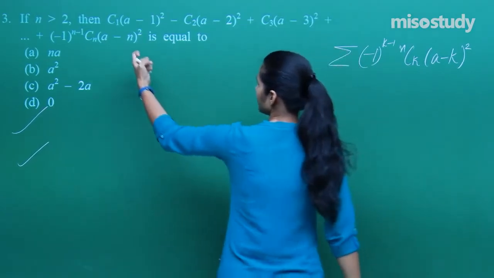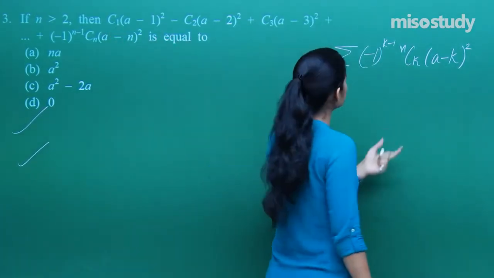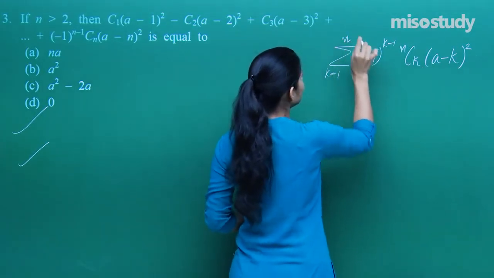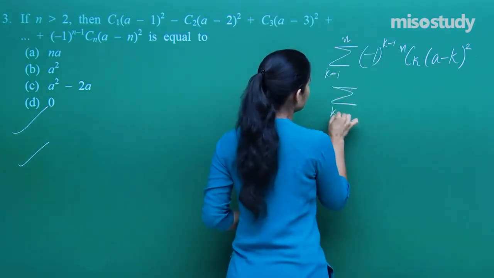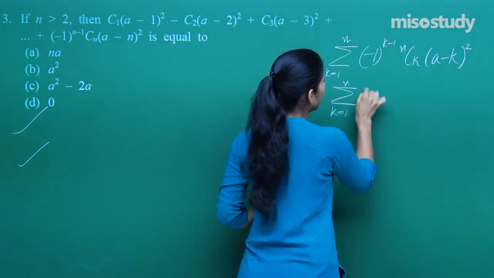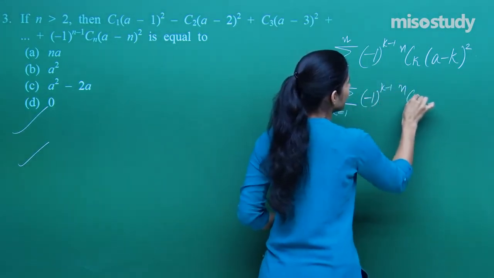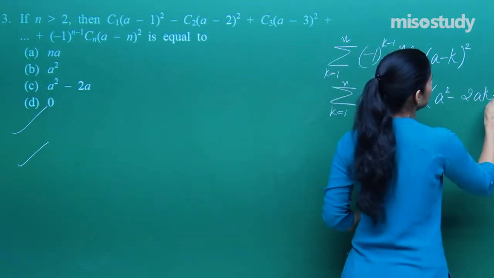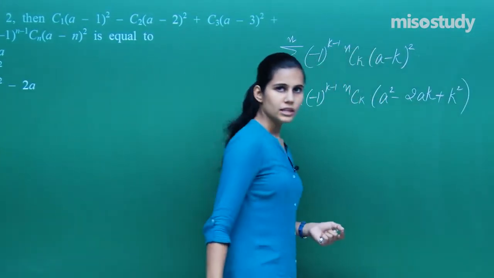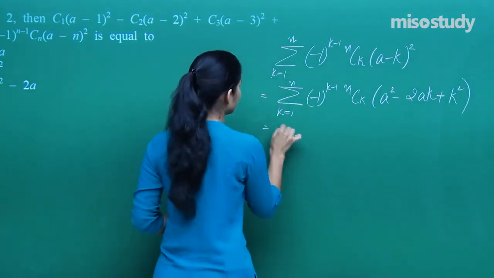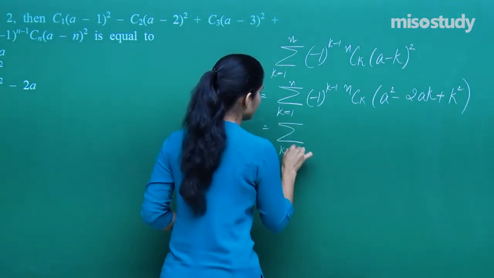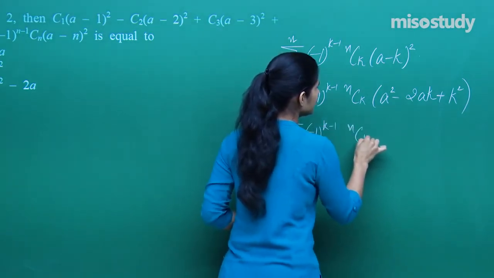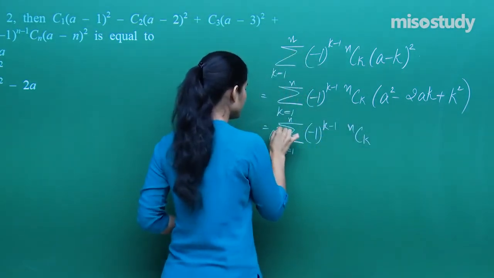Because C1 is nothing but nC1, C2 is nothing but nC2, so I can write it as nCk a minus k whole square. This k is running from 1 to n. Now this can be resolved further to minus 1 to the power k minus 1 nCk a square minus 2ak plus k square. The moment you get this, your entire summation boils down to summation k going from 1 to n minus 1 to the power k minus 1 nCk into a square